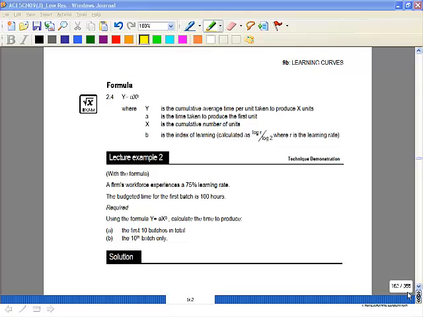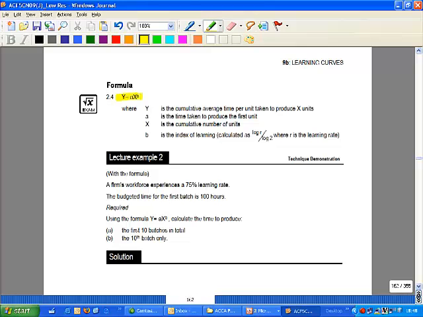Now that's all very well when our output is doubling, but what if it isn't doubling? Well, when that's the case, we have to use a formula. So I've got it here: y is equal to ax to the power of b. So a is the time for the first unit, x is our number of units, and b is this index